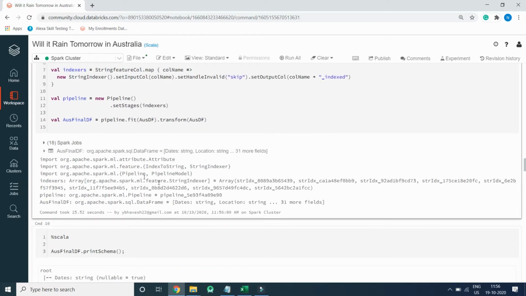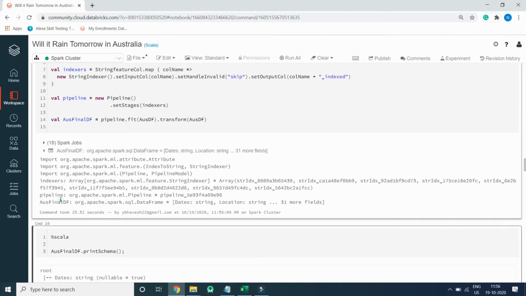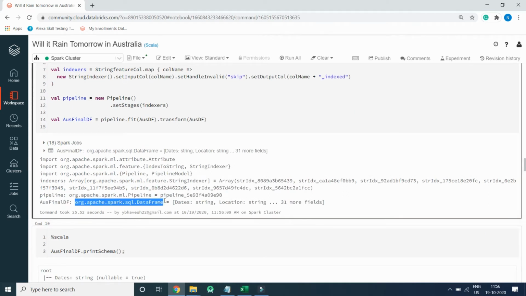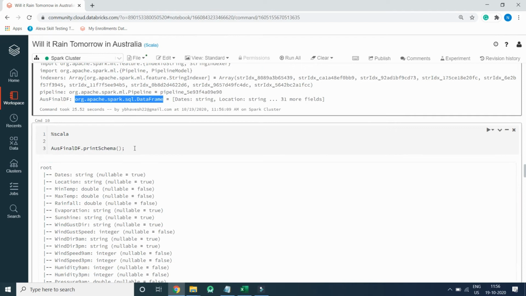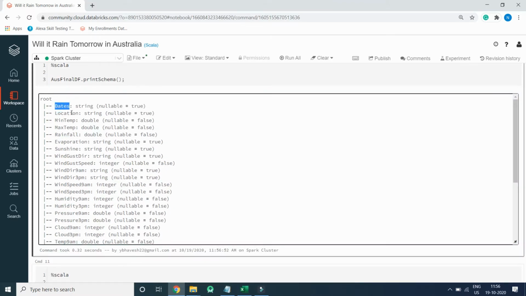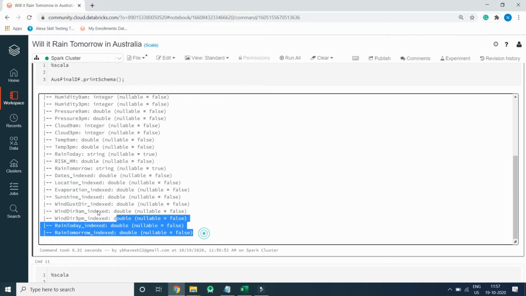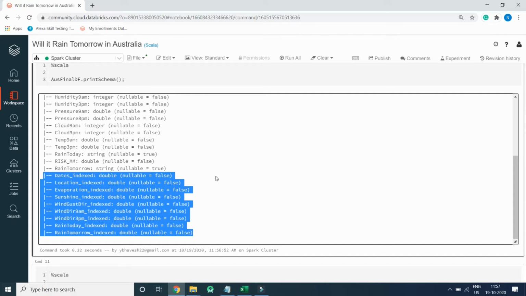data frame has been created, let's display it. Australia final DF is of type data frame. So let's print the schema by using print schema function. So you can see this is the date string column, location string column. If you see at the end, date underscore index, location underscore index, evaporation index, all string columns with their respective index which has the numeric value has been created.